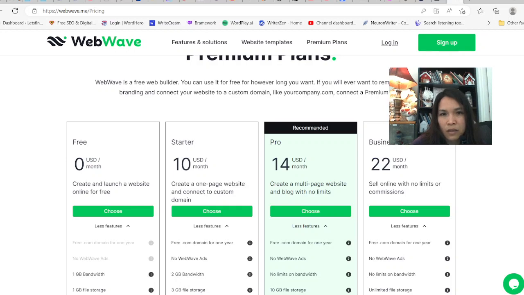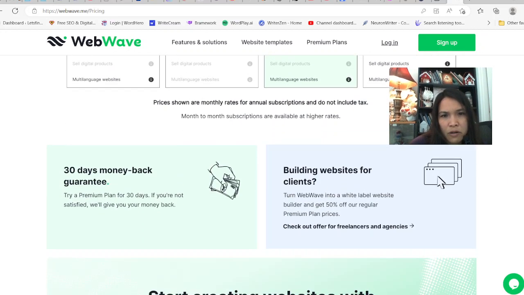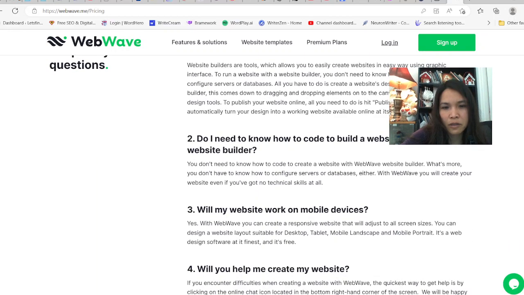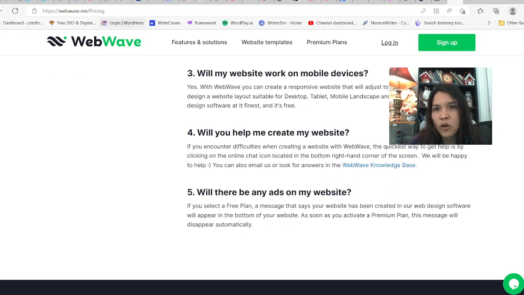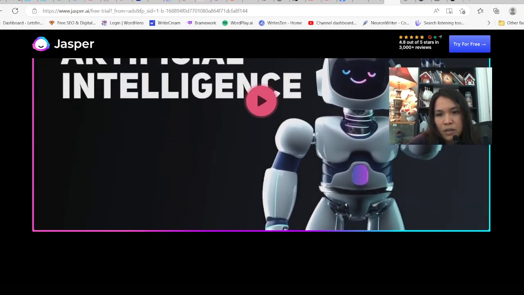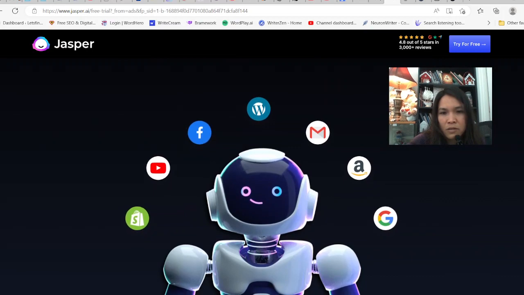And this is the monthly price per month, but it's for an annual subscription. Remember, it's an annual subscription. So they're giving you 30 days to try it out, guarantee with the premium plan. But you can definitely try it out first and see if it fits your business model. And I hope that you have a chance to check out some of these great platforms to see if it's going to help your business grow faster.